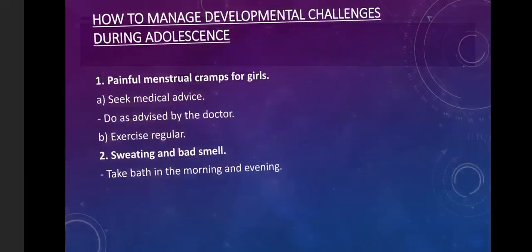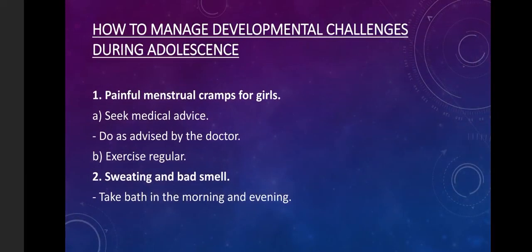Learners, I want you to understand that it is always important to know the various ways of how you can manage these challenges when you encounter them as you enter into this stage that we are calling puberty stage. We have mentioned the three categories of challenges that are normally experienced. We've said that there is a category we call social challenges. There is another category we call physical challenges. And the last category is the category that we've called emotional challenges.